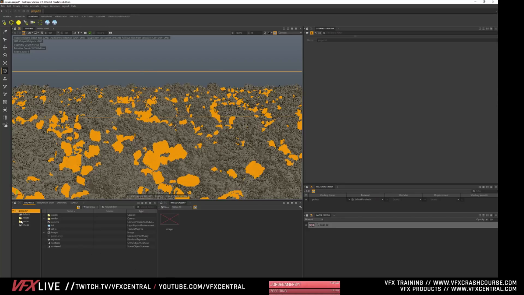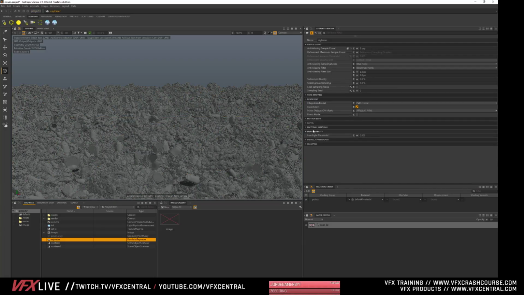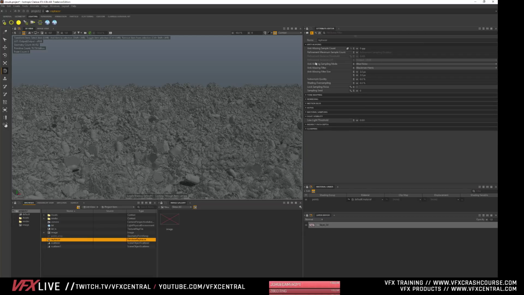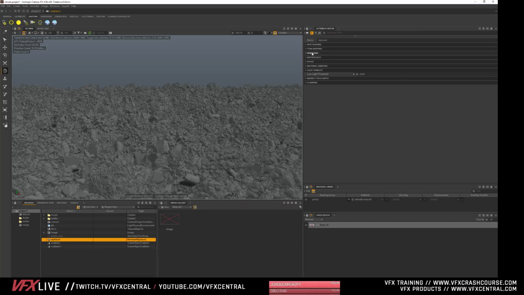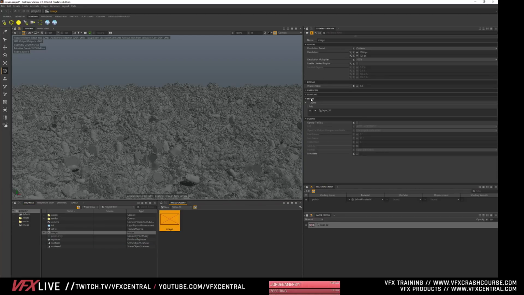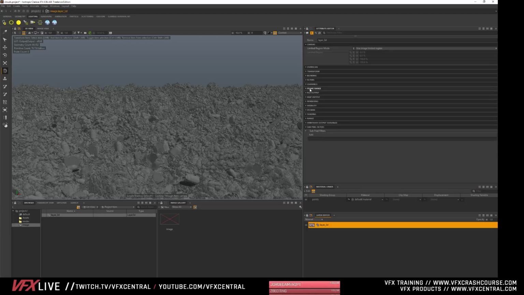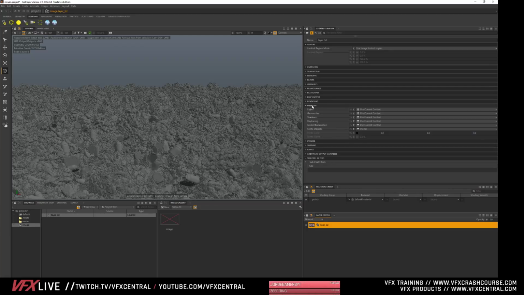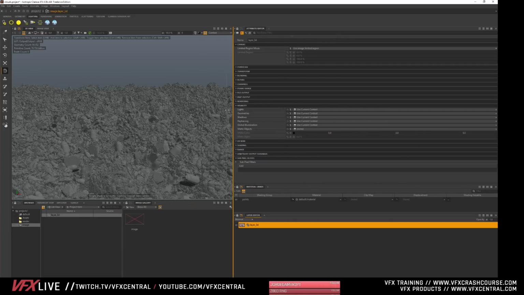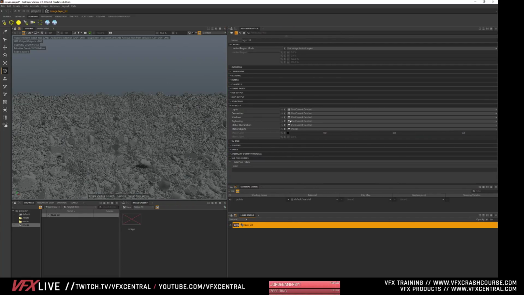So let's go into our ray trace, and we'd want to look at maybe our image. Yeah, I think that is the image. Okay, so we want to come into our image right here, and they have this visibility tab, and right now it's saying use current context. So it's going to render whatever our context is, but we can specify which one we want.